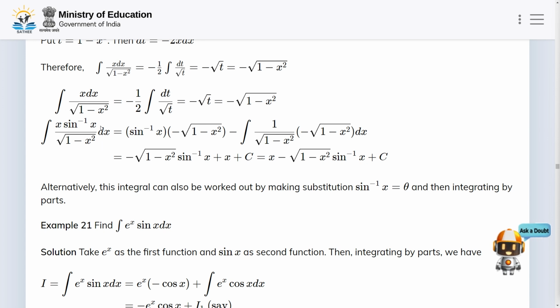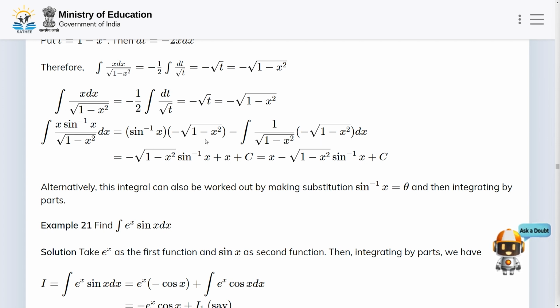Now the main question: integrate x sine inverse x divided by root of 1 minus x square dx. As we took the first function as sine inverse x, sine inverse x remains as it is. Integration of the remaining thing is minus root 1 minus x square. Now minus the derivative of the first function, which is 1 by root 1 minus x square, and the integration of the second function, which is minus root 1 minus x square. As you can see, this term will be cancelled. Now you are left with